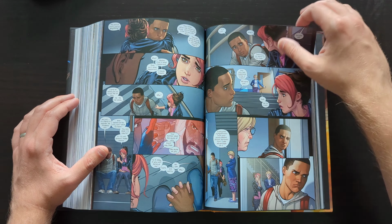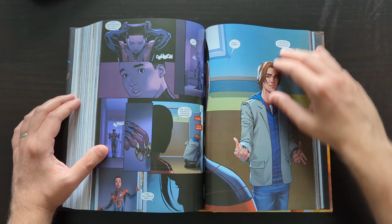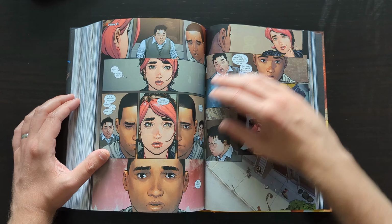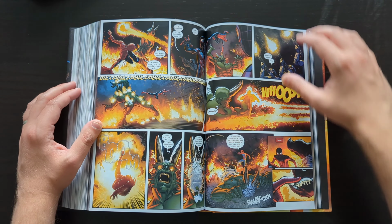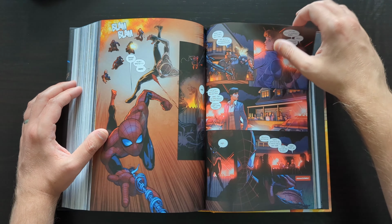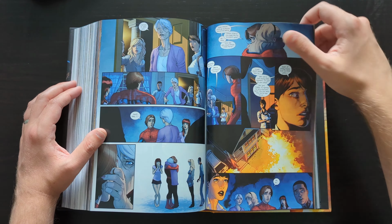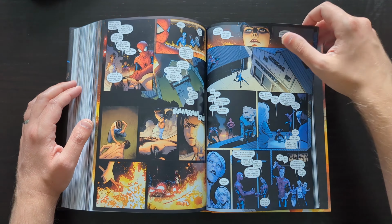But as I say, by the time that this ends, it was coinciding with the, I think, 2015 Secret Wars event by Jonathan Hickman. And part of that event, or in many ways a key function of that event from an editorial perspective, was to really bring the curtain down on the Ultimate Marvel Universe once and for all. So as I say, by the time you get to the end of the material in this book, you have finished Ultimate Spider-Man. But as I've also mentioned, it was of course not the end of Miles Morales' story,